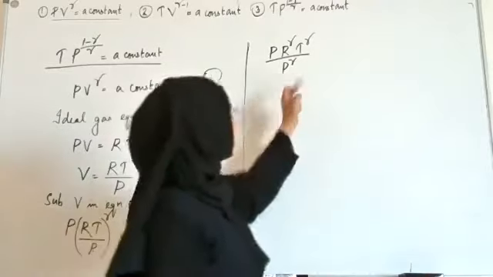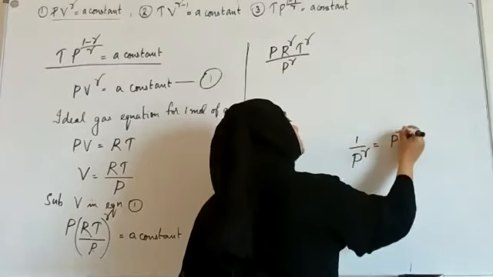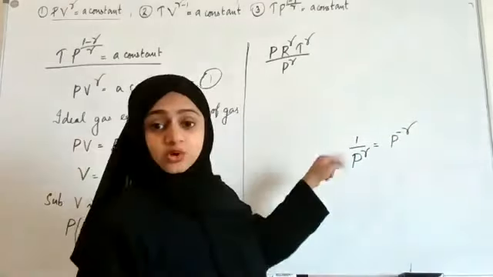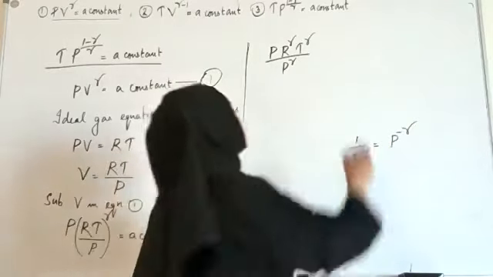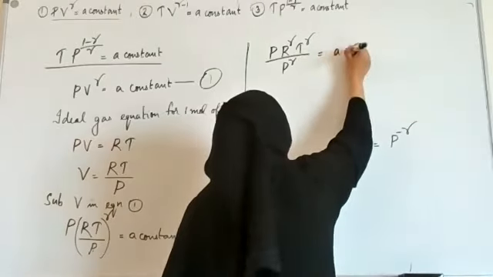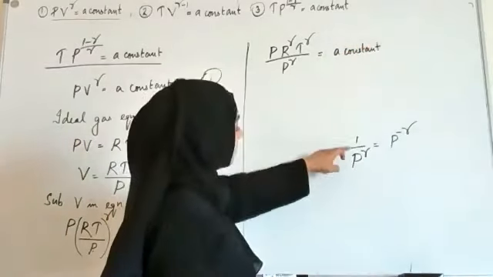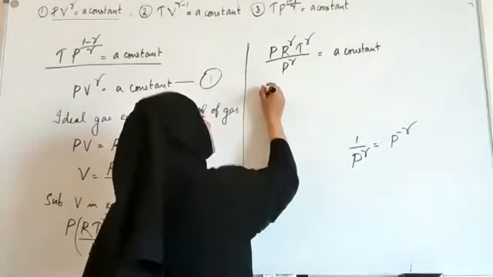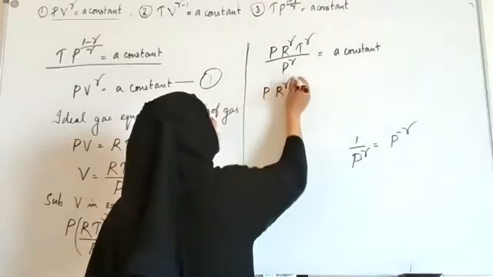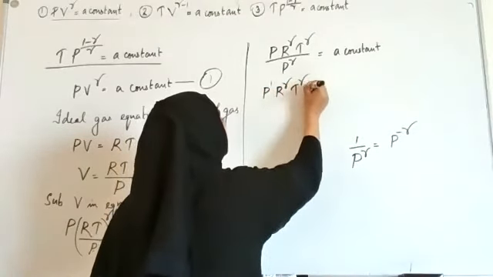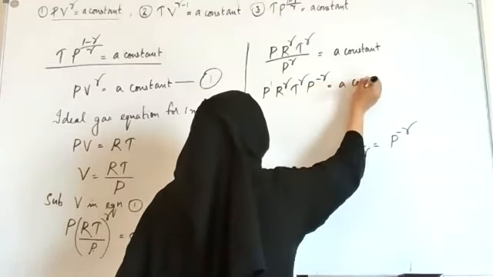Right? So what is P raised to gamma? 1 by P raised to gamma is equal to P raised to minus gamma, right? So I'm going to write 1 by P raised to gamma as P raised to minus gamma. By the way, this is equal to a constant. So I'm putting it like this. So this will become P, just P raised to 1, R raised to gamma, T raised to gamma, P raised to minus gamma equal to a constant,